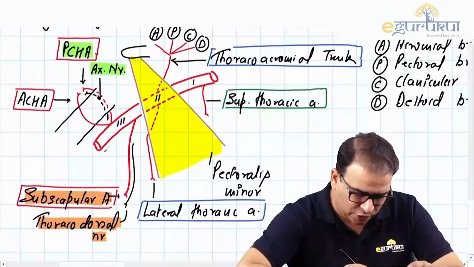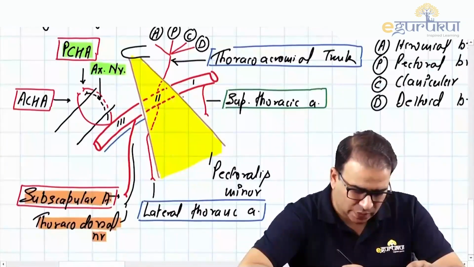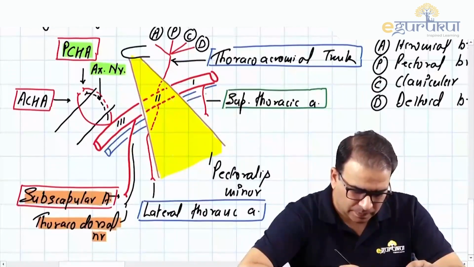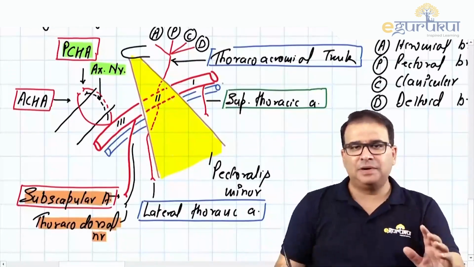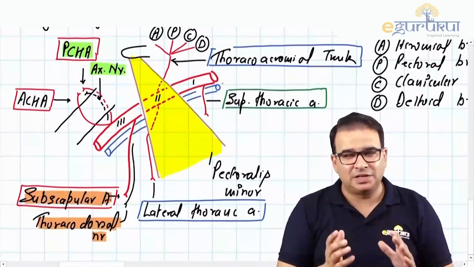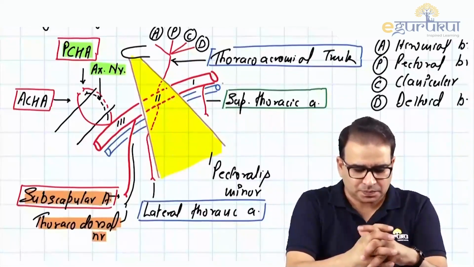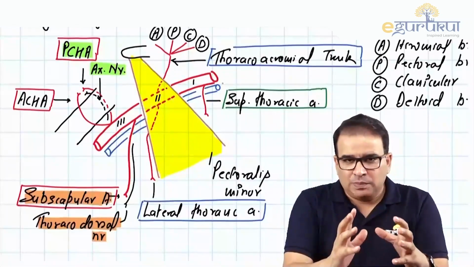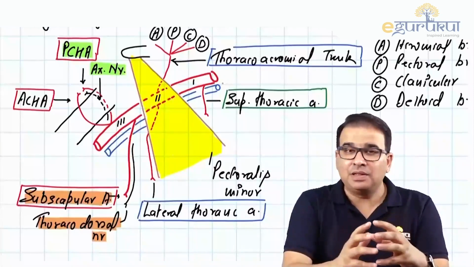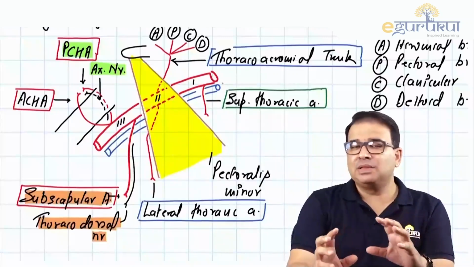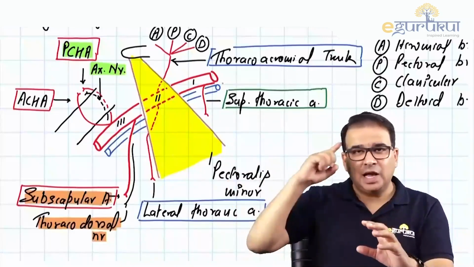I'm just doing it for your orientation sake like this. Axillary vein will be running in this manner. Just keep it in mind that one constant medial relation of the axillary artery will be the axillary vein. And people do have a little difficulty in remembering the relations of the axillary artery. I would say that the easiest way to remember the relation of axillary artery is, think about the brachial